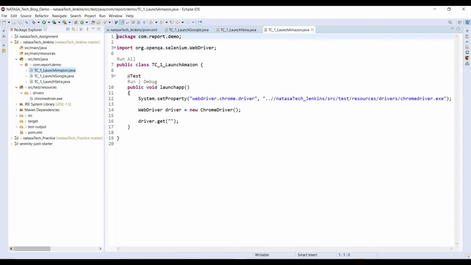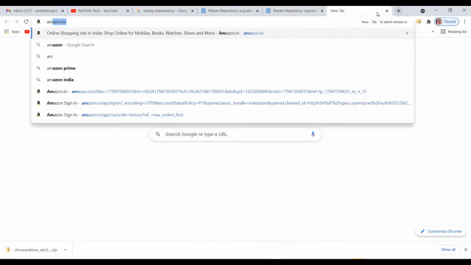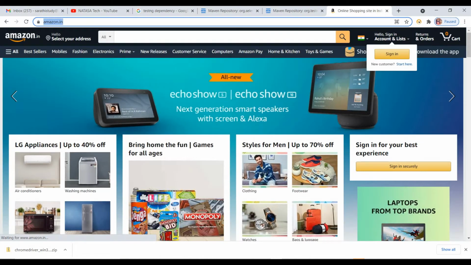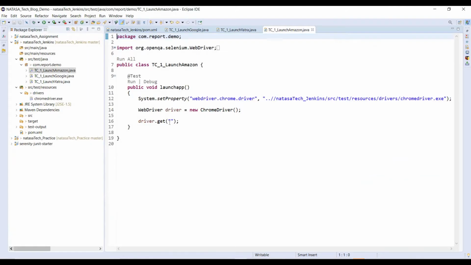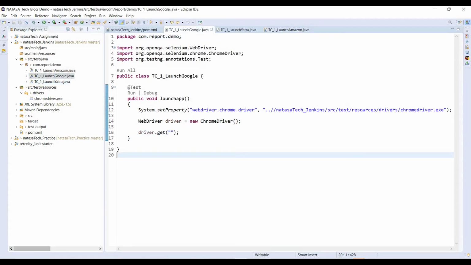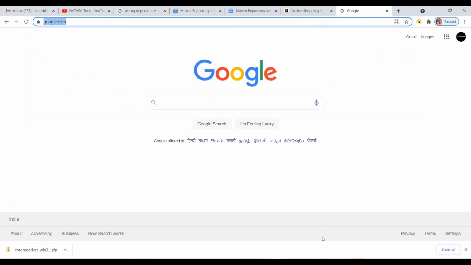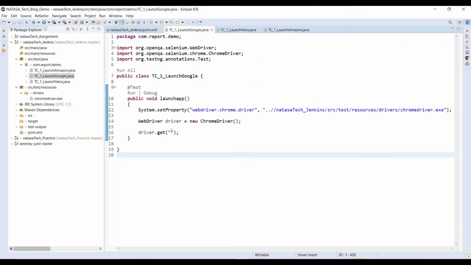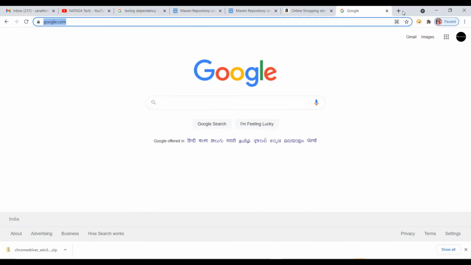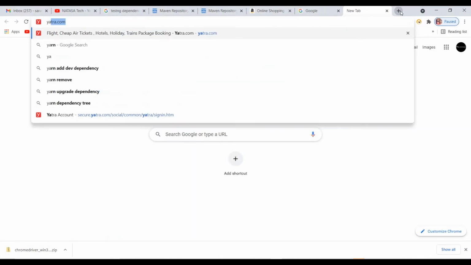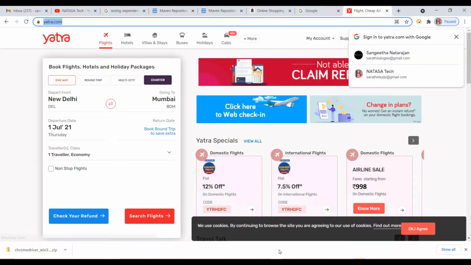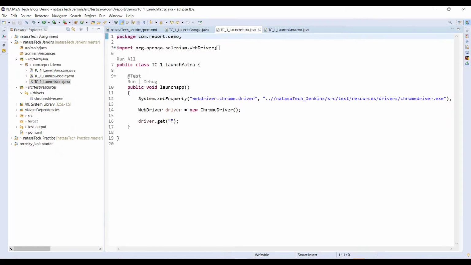Okay, so for that first I have to place that URL, the Amazon site, amazon.in. You just copy this URL, paste it here. Next Google, so google.com. We have to place it here. Next Yantra, yantra.com. You just copy, you just place.